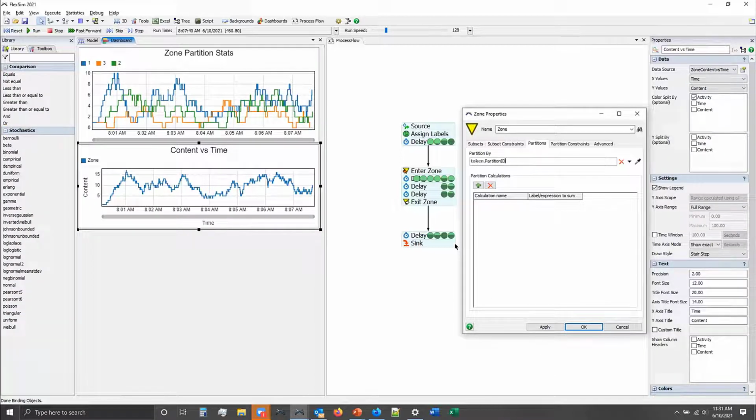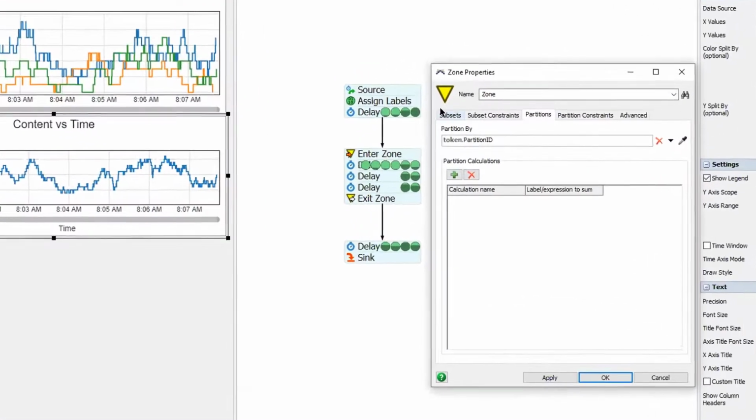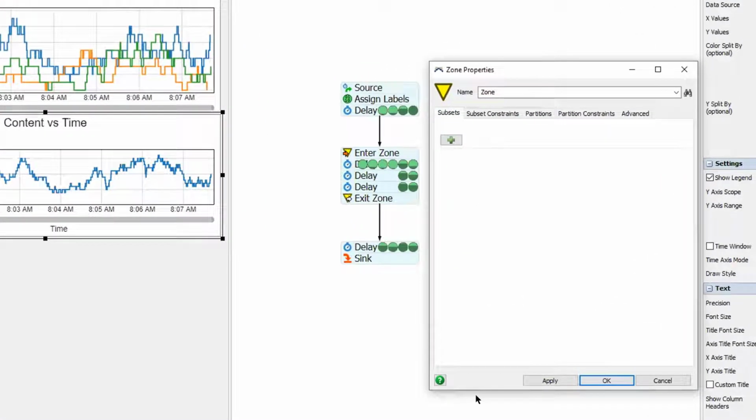Okay. Now, another mechanism that we have to again help us gather more customized stats also relates to creating populations of tokens that we can report stats about. But rather than putting things into rigid partitions, we can put them into more fluid subsets. So a subset is another way to define a subpopulation of tokens in a zone for the purposes of stats gathering. But the way that we define subsets is a little bit more loose compared to partitions, because partitions